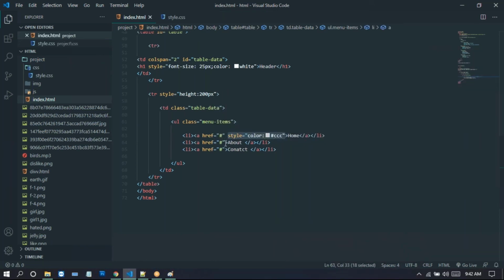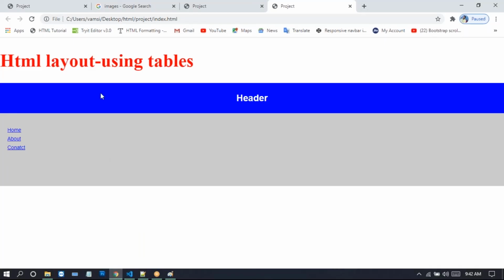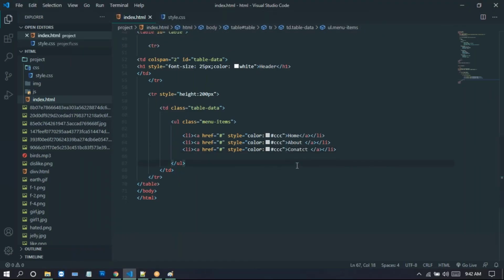We just copy this entire style and paste it inside of this about, and here also just provide it. Now we can run this one. See what's happening. Yeah, it will merge into this color, right?